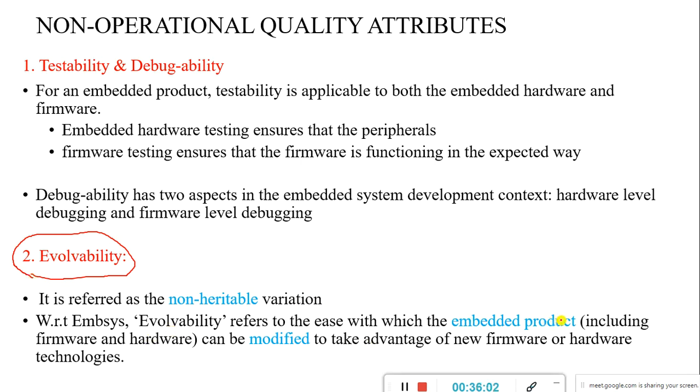So with respect to an embedded system, evolvability refers to the embedded product having a modified program or modified hardware. Say for example, I try to come up with a new product in an embedded system. If I write a new algorithm tomorrow, and I have one hardware, today I download one program, then assume there is an EEPROM, and I try to erase that algorithm and install one more algorithm, or I try to modify that particular algorithm, then whether my